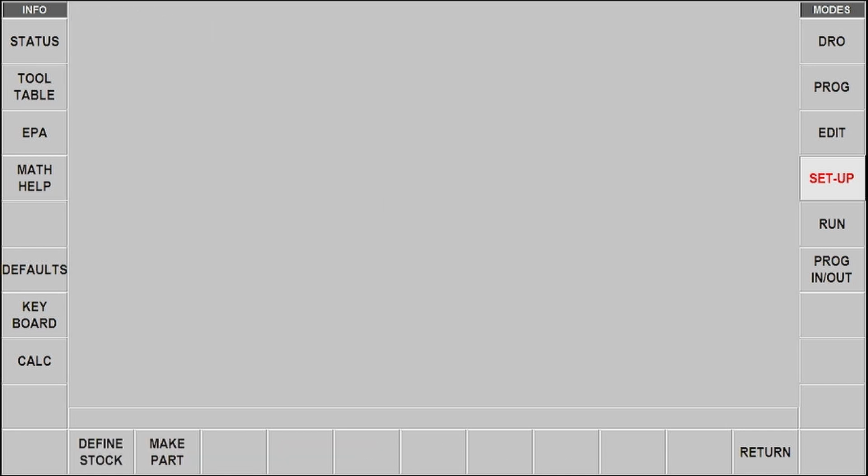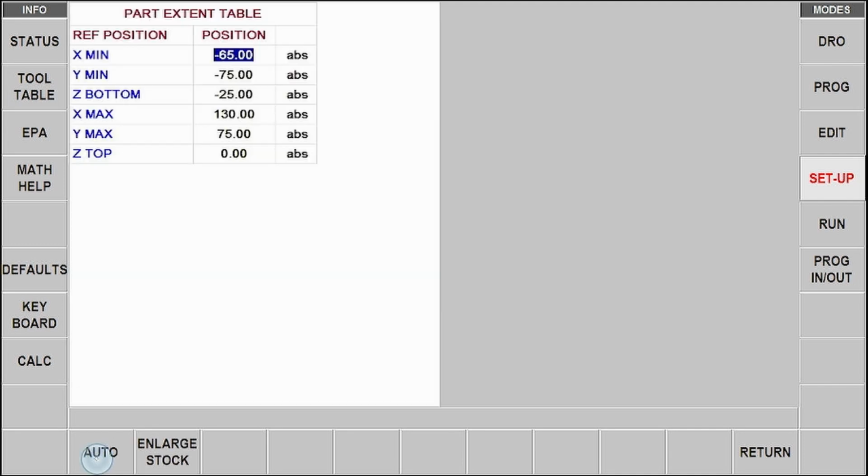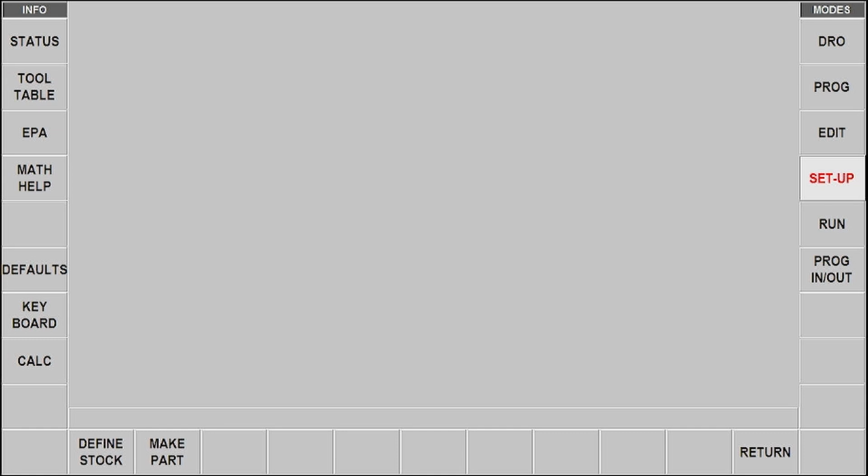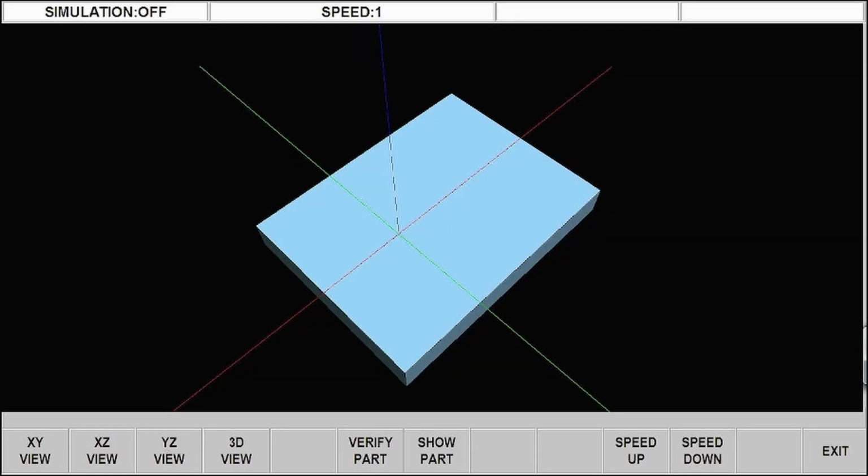When you go into Verify, the first thing you should really do is define the size of stock material that you're going to machine your part from. This is normally done by using the bottom left hand corner for X and Y and the bottom position in Z, followed by the top right hand corner in X and Y and the top of the part in Z. Once these bottom left and top right corners have been defined, it's possible to make the part.